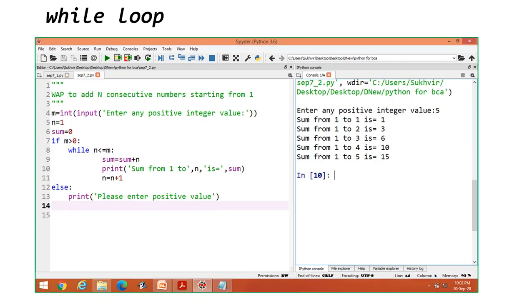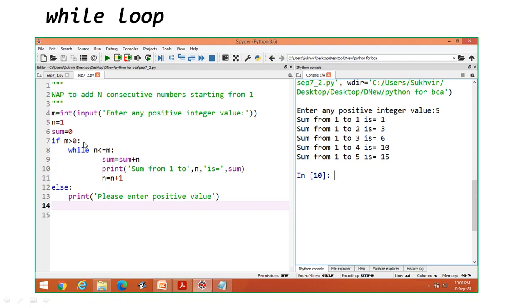Now look at this second program related to the while loop. This is the program for the addition of the numbers from 1 to any number. For that, in the first step, I enter a value from the user side. Let us enter 5. And then set n is equal to 1, that is the starting point. sum is equal to 0, which is useful for this case. sum is equal to sum plus n, because each time we have to add the value to the sum.